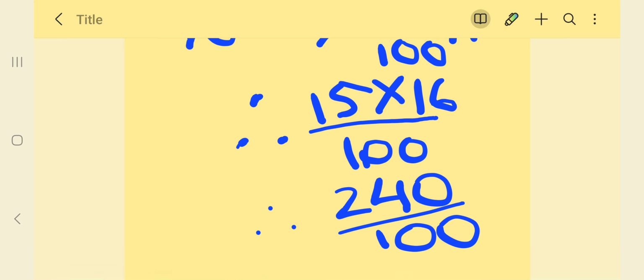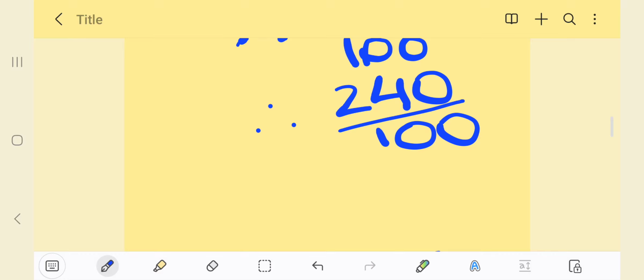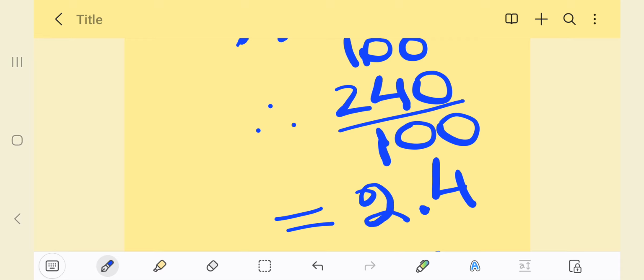So when you do the division, it's very easy to understand that. It equals 2 decimal point 4. I think you know this simple division as well. So if you need help, then of course you can